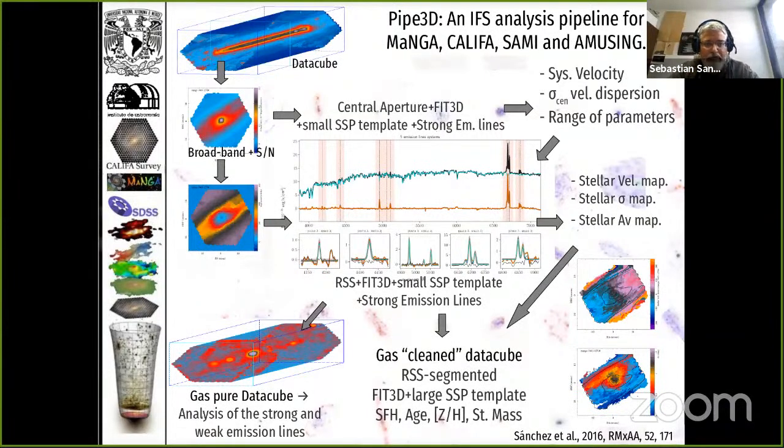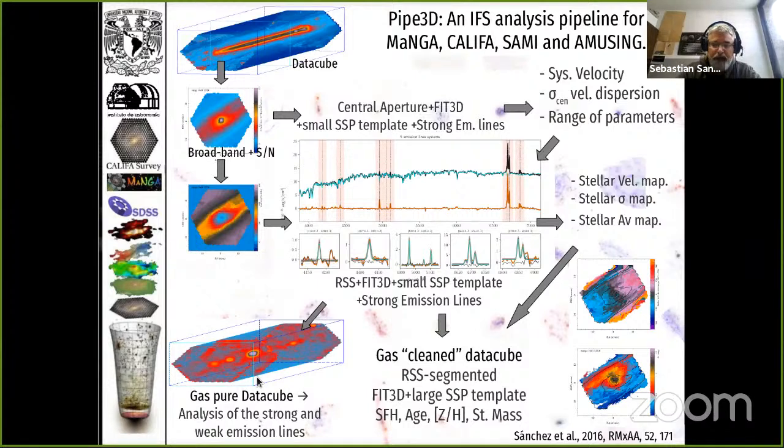And this way we derive the star formation history, the chemical enrichment, and in general, the main properties of the stellar populations. Once you have that model for the stellar population, we subtract that model and we provide a cube where all the contribution from the stellar component is removed. So you have basically the emission lines plus noise, and on them we make an analysis to derive the properties